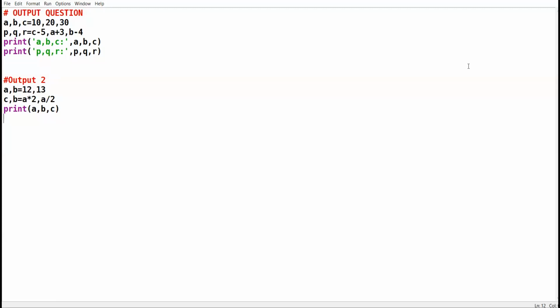Yes, Yuvraj, any doubt? Please unmute yourself. Sir, when you ran the code, the answer of output 2 also came along with output 1. Without a comment tag, how can we stop its output? Wait. You can make it a comment. If you want no output of this question to come, now only the output of the first question will come.